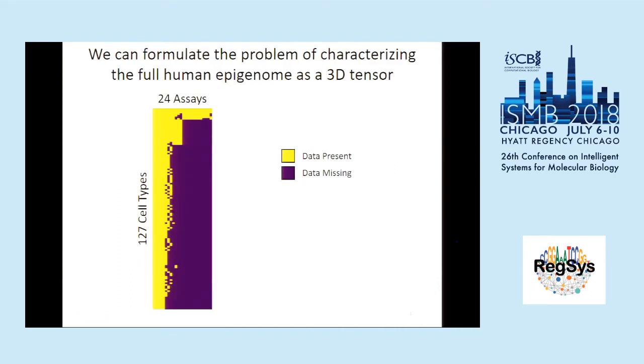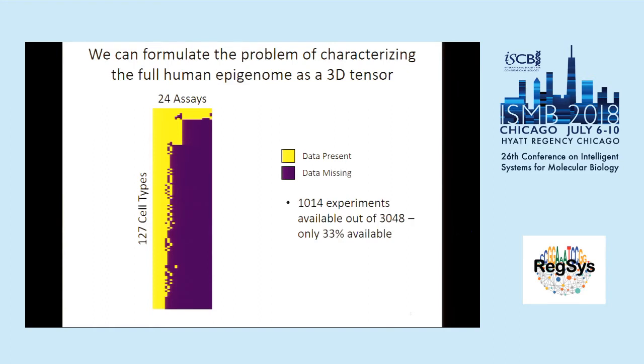We can visualize this with a subset of the Roadmap Epigenomics Consortium data. So here I'm showing this as a 2D matrix with 127 cell types and 24 assays. These assays include histone modification ChIP-seq data sets and chromatin accessibility assessed with DNase hypersensitivity sequencing. And what you'll notice is that